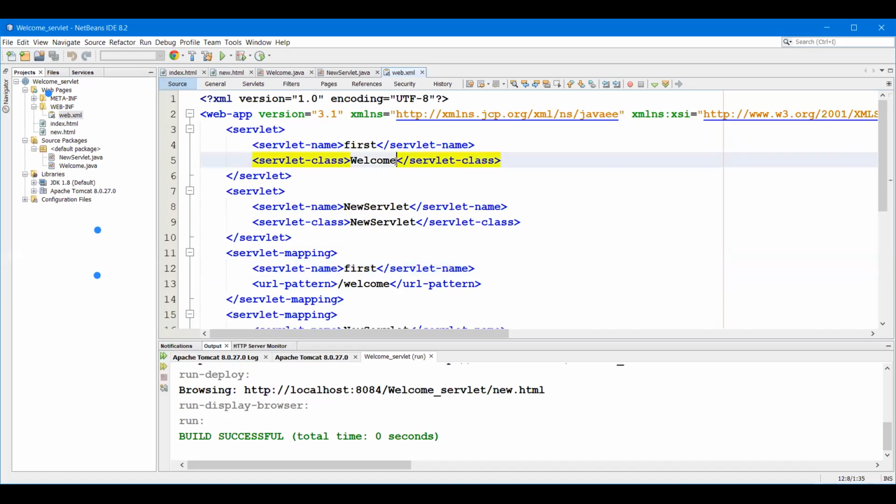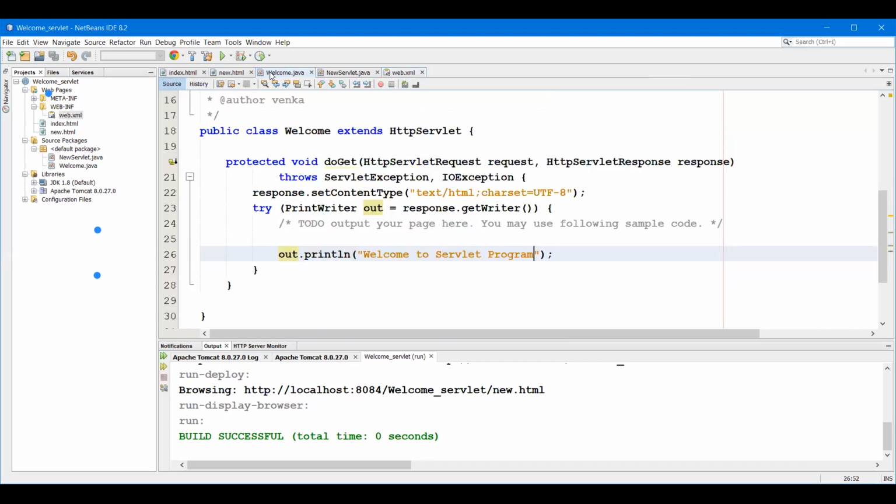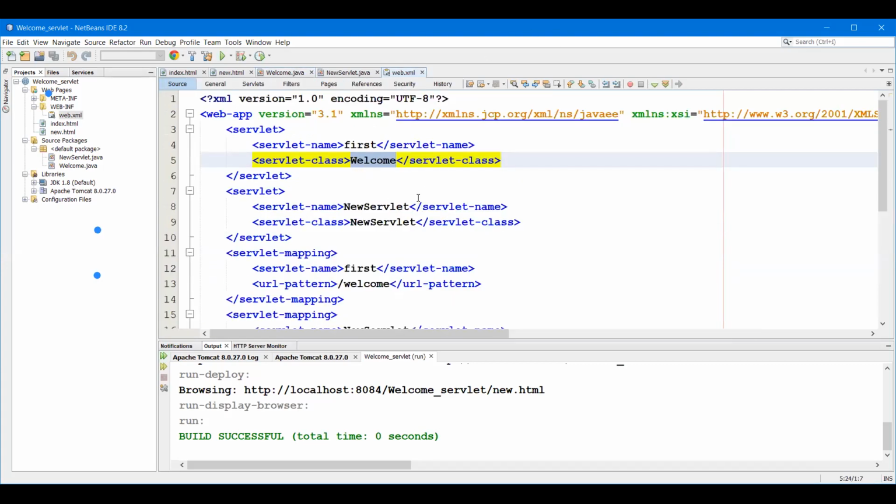Then the servlet engine container will invoke this servlet program. Which servlet program? Welcome servlet program. Then the control will go to our servlet Java class. Here, based on our programming, it is going to give a response. Okay, in this way, this web.xml will work.